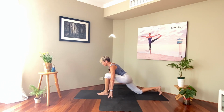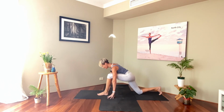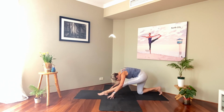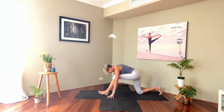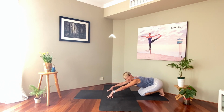Into the lunge, drop in, open. Yeah, right on the fingertips here. And I'm thinking long torso, long leg. Feels good. Like a little bit of a crescent lunge feel. We're going to take that front foot back, drop the hips toward the heels just for a second or two,